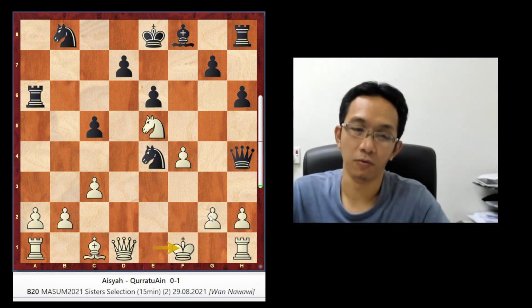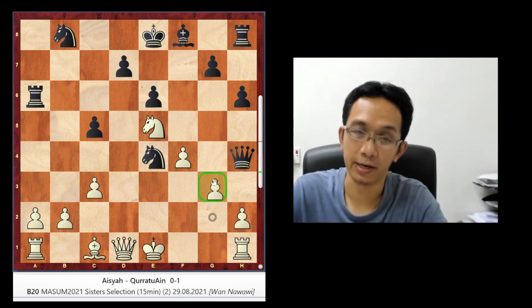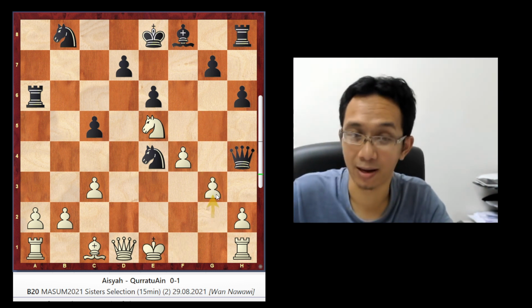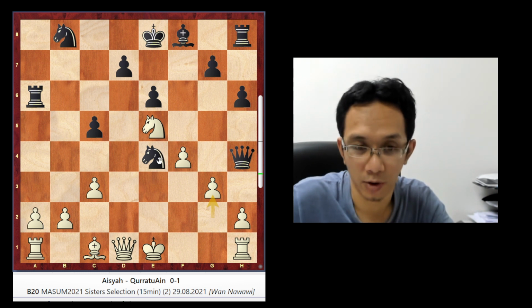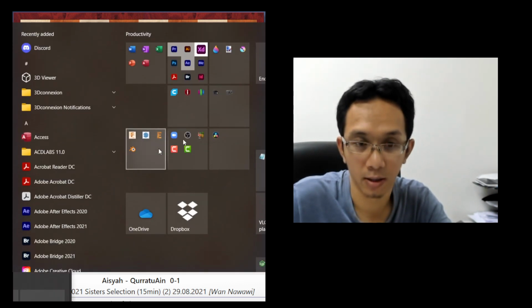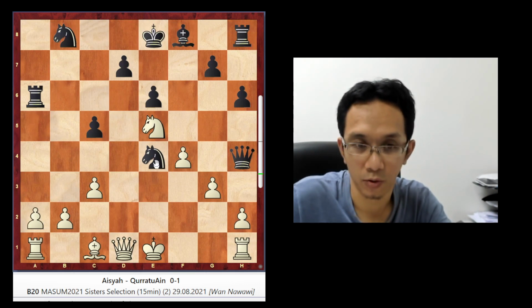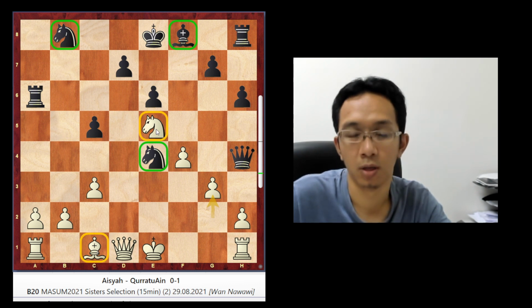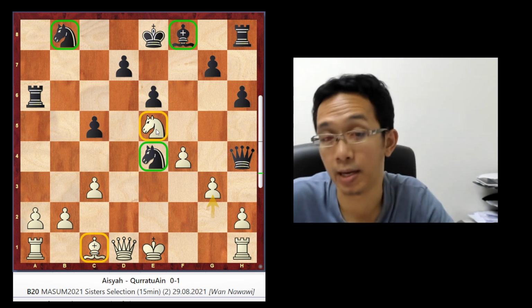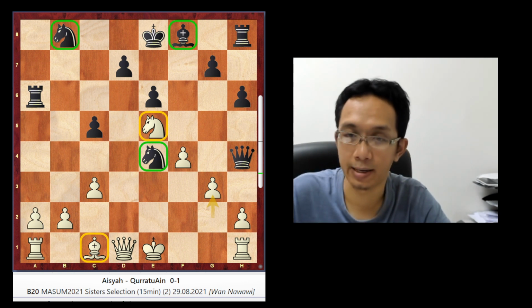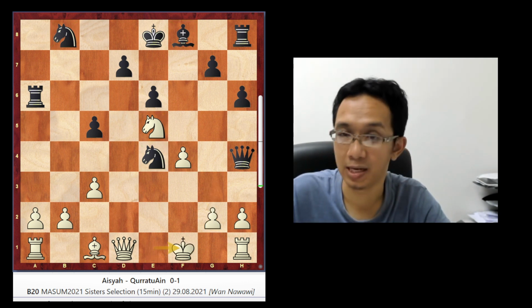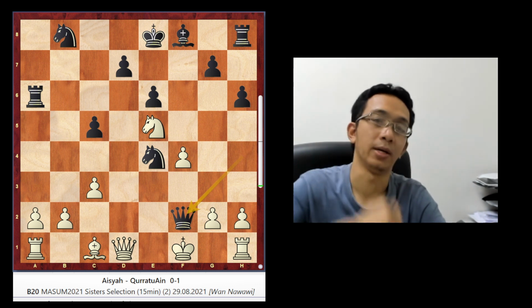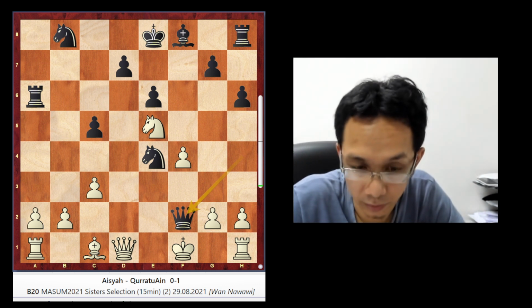But still, if you play this also, black already has one, two, three pieces, and white has only one, two. So still black is winning. But when you play like this, king f1 instead of g3, black can just win straight away.